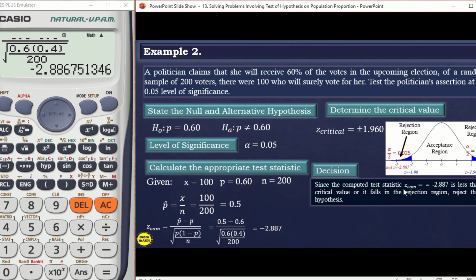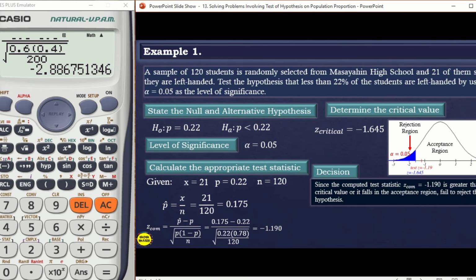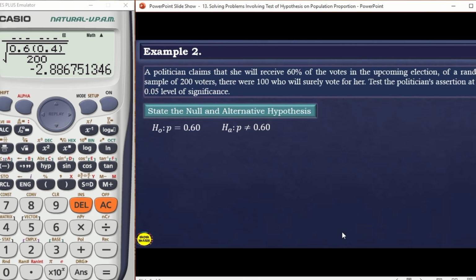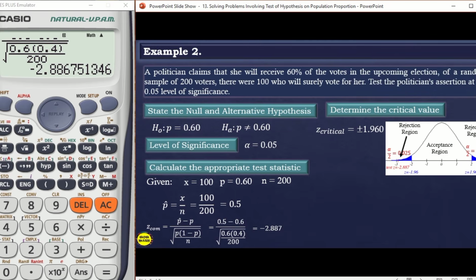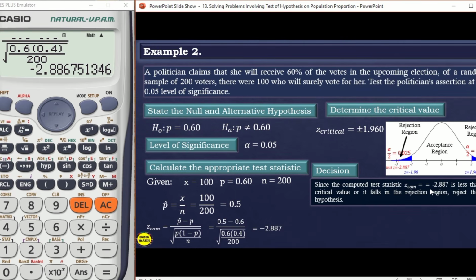Since the computed value of negative 2.887, tanggalin lang natin yung isang equals kasi na-double. So, since the computed value is greater than, no? Greater than ba yung computed value natin dito? So, yung computed value natin is negative 1.190. So yung number 2 na pala tayo, no? Okay, so yung negative 2.887,